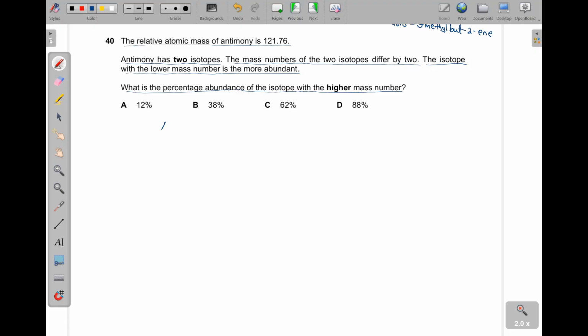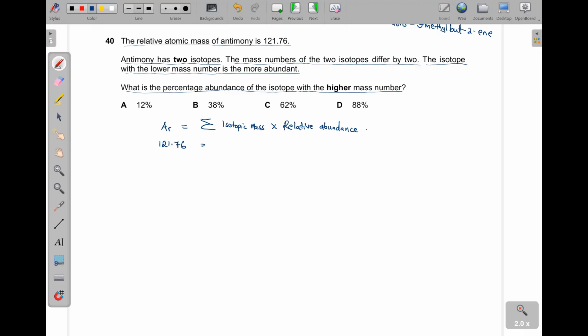Now, first of all, when we are finding the AR, the relative atomic mass, we sum up the multiplications between the isotopic mass, then times the relative abundances. Now, what we are going to have here, they are saying the isotopes differ in mass by 2. So if they differ in mass by 2, I can have